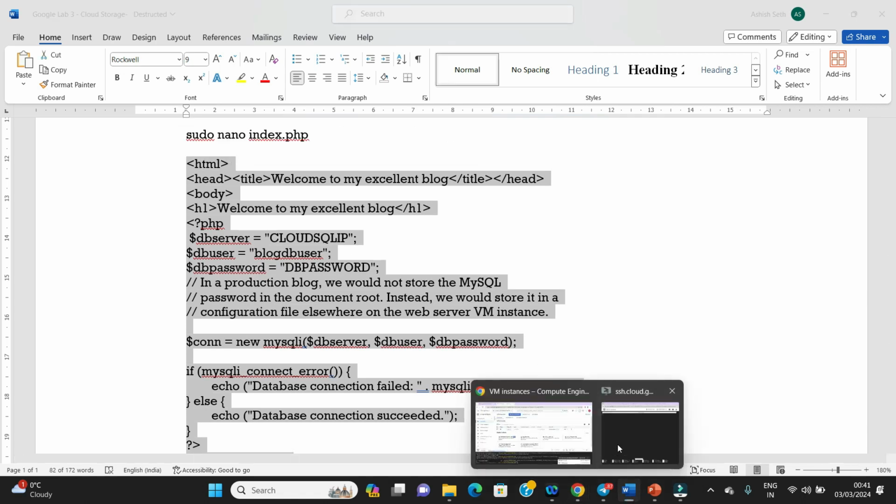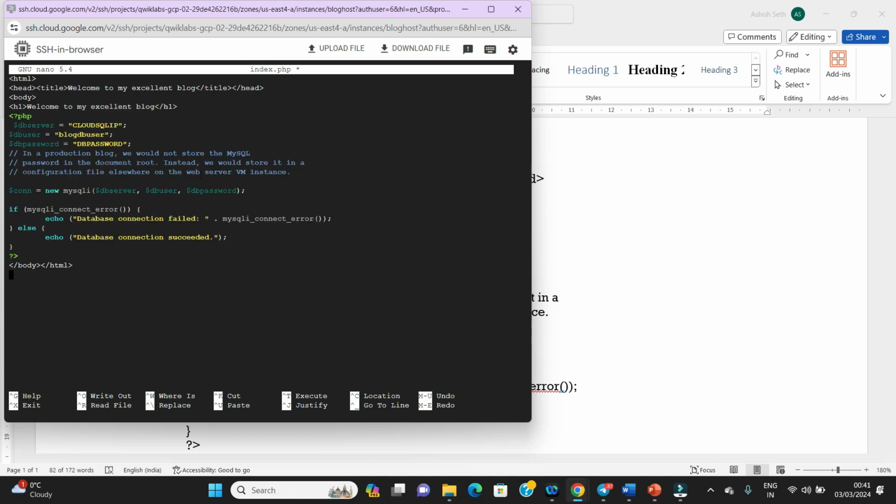Very basic commands we are using here. This is a very basic HTML tag which says this is my excellent blog, and then we are providing the details of the user and the password to connect. Initially, this is something we have to write as per our connection. If I keep it like this, it is not going to work. So let us check with it. This is the file, or the index page, which is ready with us.